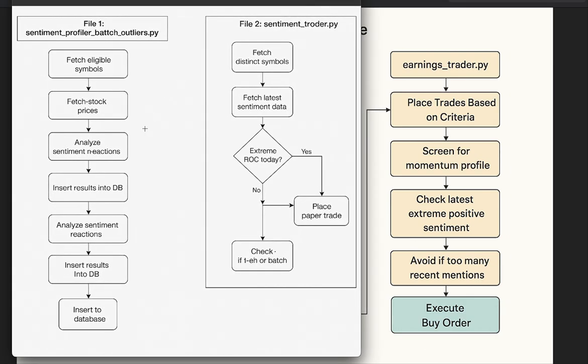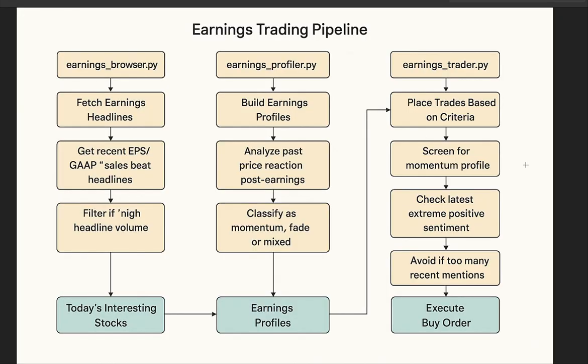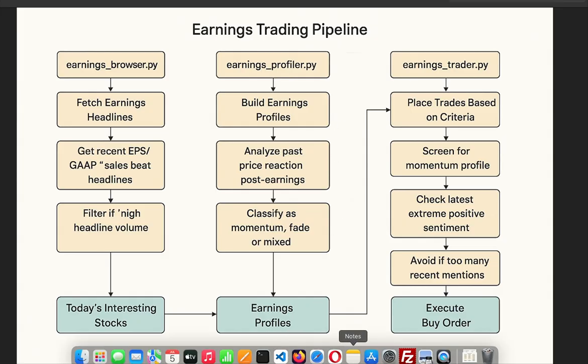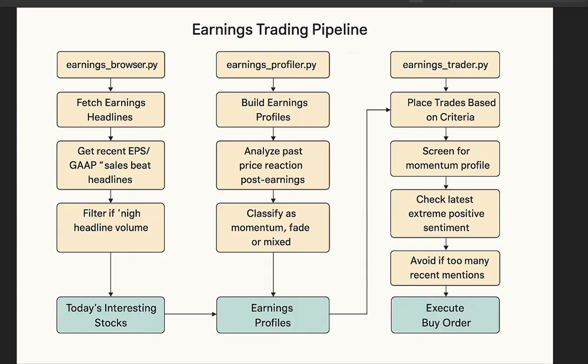Now, strictly speaking, we have a sentiment trading strategy, and we have an earnings trading strategy, which is based off of the sentiment trading strategy. What the sentiment trading strategy does is